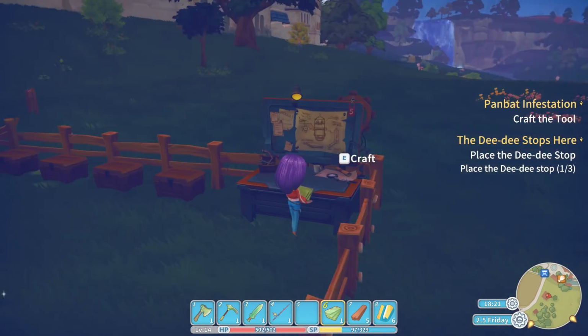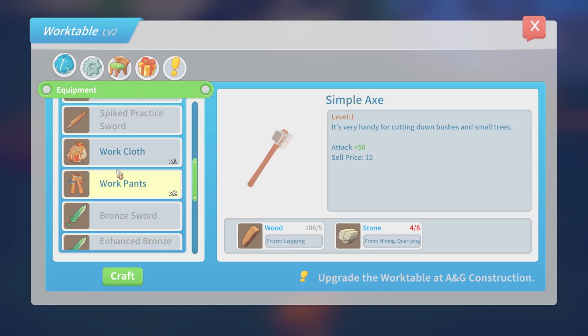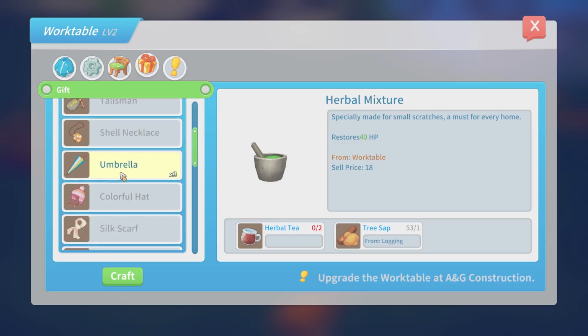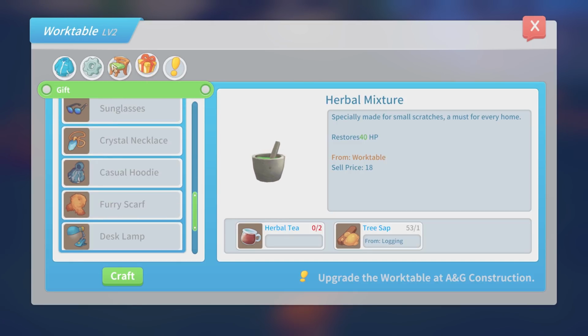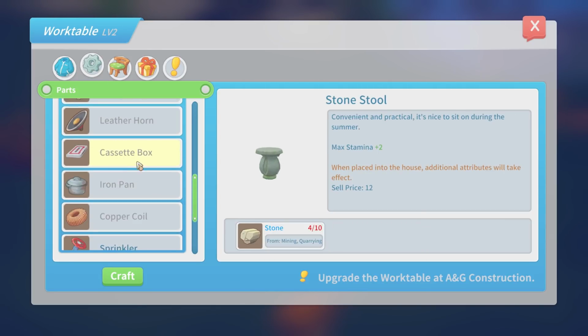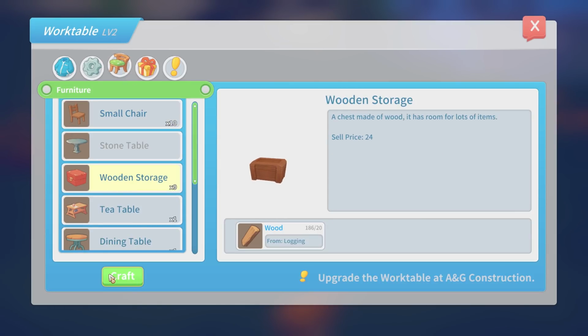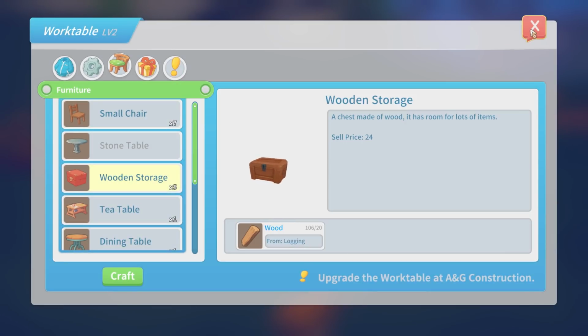In the meantime, I think we've still got a bit of wood left. Maybe enough for a storage box? Possibly? Or 2, or 4, or 6, or 8. Too much stuff we can make. Wooden storage, here we go. We can make 9 of them, so why don't we make another 4? Surely that should be enough to